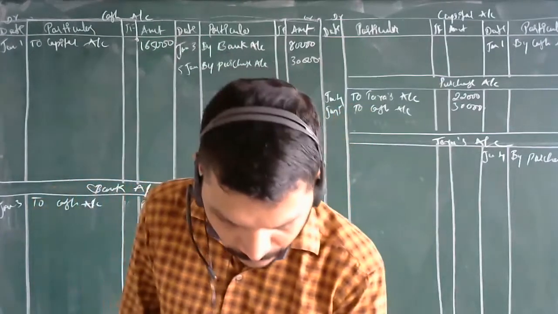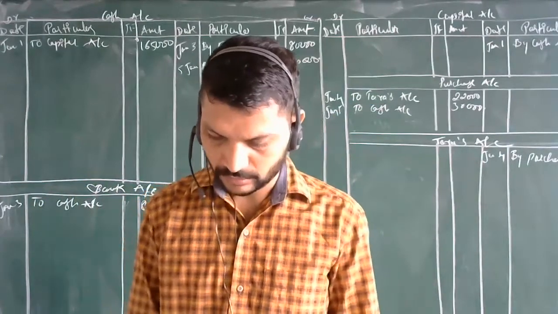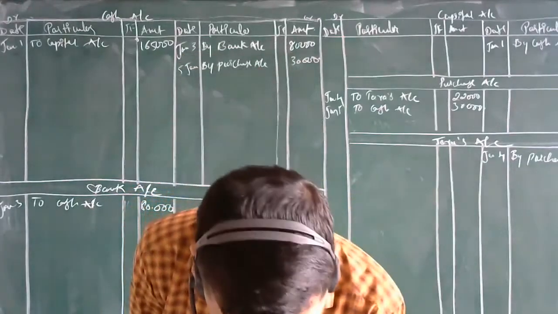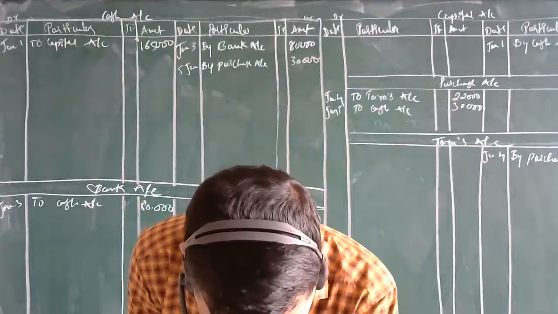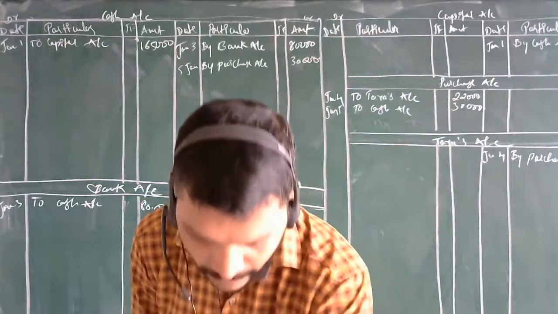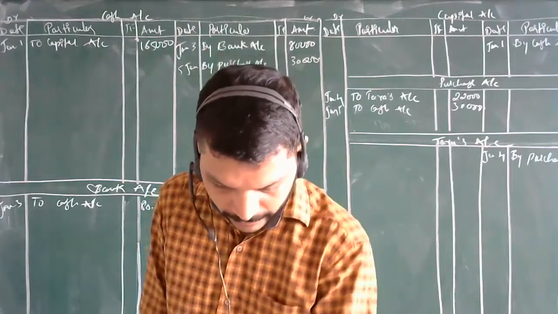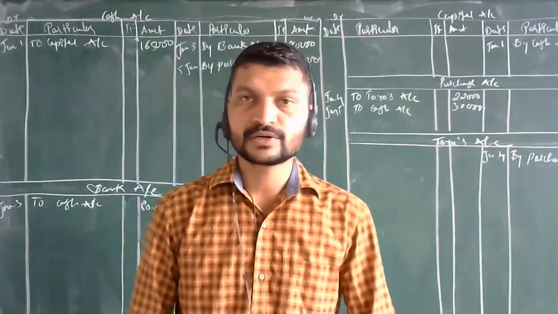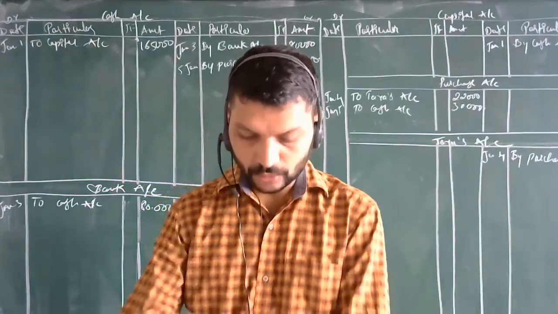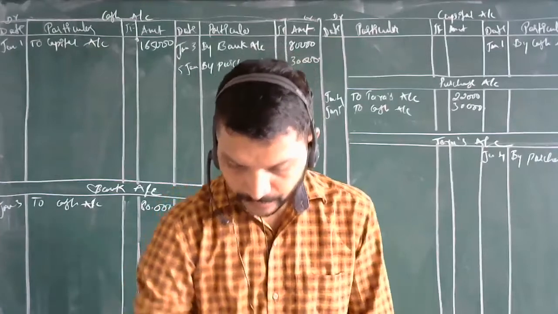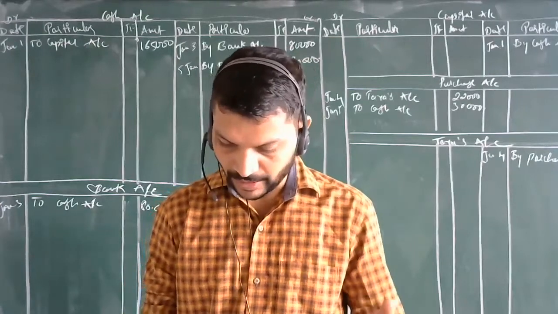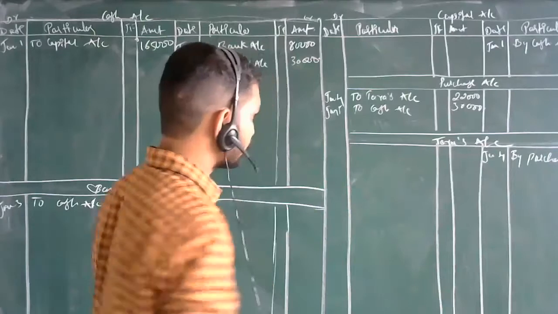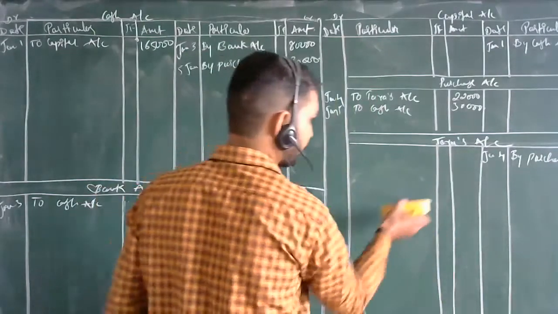Now the next entry: goods sold to Naman. The goods which are being sold to Naman are on credit basis. Remember, while we passed the journal entry, we gave the narration: goods sold to Naman on credit basis. Now here, two things are going to come again. Which are the two things? You are going to take the sales account and one more, Naman's account. Again two things get affected over here.